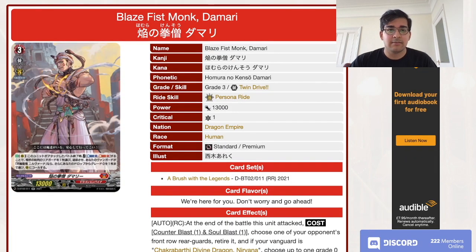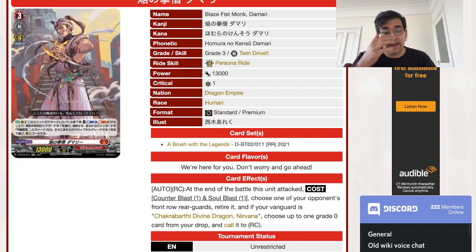Blazing Fist Monk Damari. This is another card that's really, really nice for the deck. At the end of the battle, it attacked. Auto on rear, you can counterblast 1, Soul Blast 1, choose one of your opponent's front or rear guards, retire it, and if your Vanguard's Nirvana, you can call a grade 0 from the drop. So obviously the way this is going to work, a very standard option might be to swing with Nirvana first. You're going to get all that buff to your other column, which you assume will probably be some sort of overdressed unit. Then you will swing with this unboosted, Counterblast 1, Soul Blast 1, get the retire,